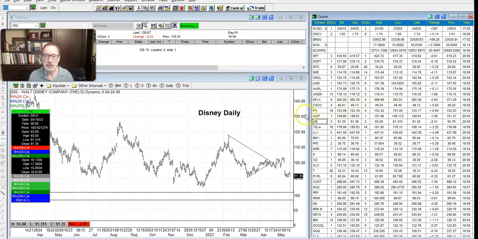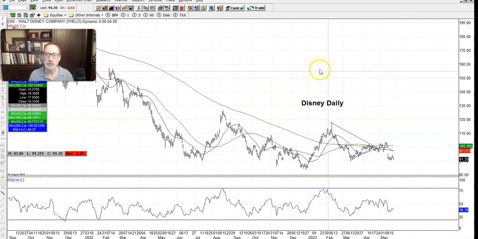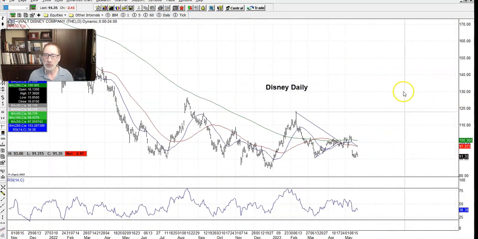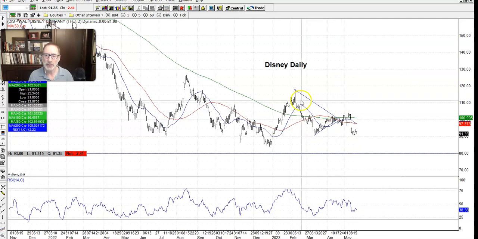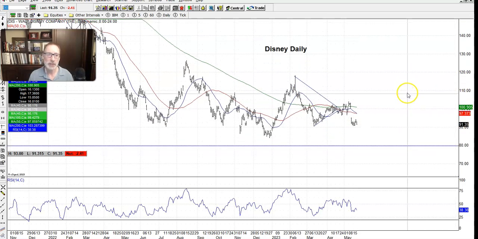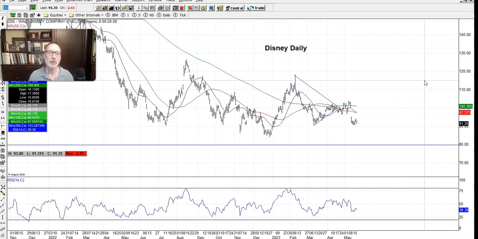All right, so let's see what other stocks we have. Anything of note? Disney we like to look at, and we'll look at Tesla too. So Disney also had this congestion pattern here and started to go a little bit more sideways and then just kind of fell out of the bed here, getting back down towards $90 a share. I mean, we all know Disney. We all know the company, the happiest place on earth. I lived in Orlando for 40 years. I know the reach that Disney has. It's a great company,